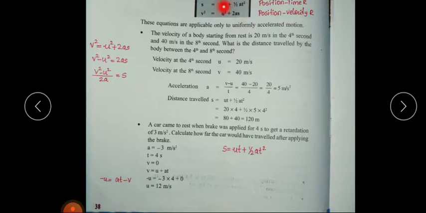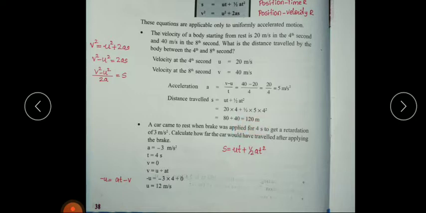So here we need initial velocity, then we need time as well as acceleration. See here we don't know acceleration. So in the first step we have to find the acceleration. a is equal to v minus u by t. v is given, u is also given, time t is equal to 8 minus 4, which means 4 seconds. Substituting this we will get 5 meter per second square. Then substitute these values in the equation s is equal to ut plus half at square and we will get